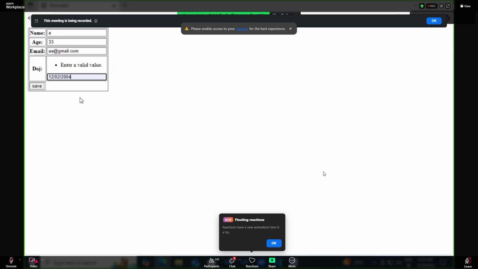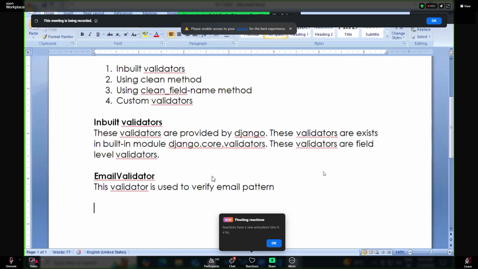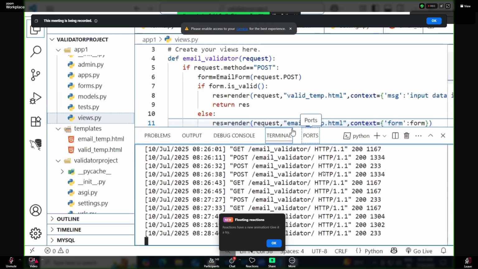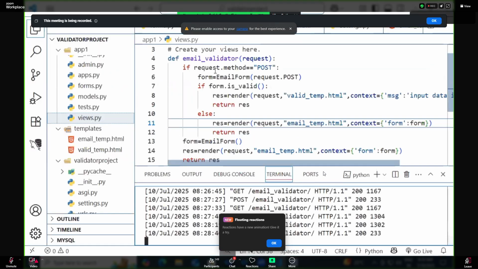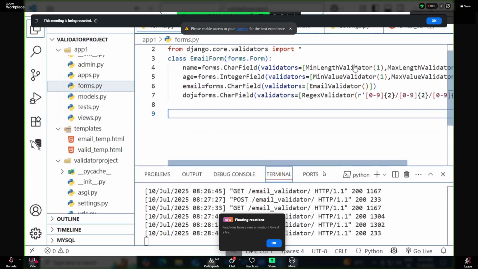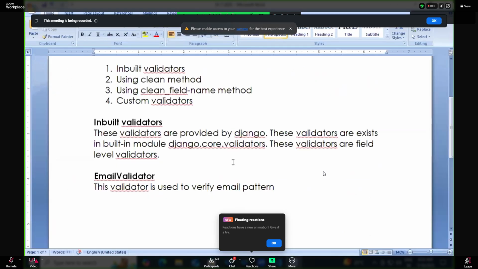Now, this is how you verify validation by using inbuilt validators. All these are inbuilt validators. Here, I used some validators. How many validators did I use here? Minimum length validator, maximum length validator, minimum value validator, maximum value validator. Actually, these validators are used with which fields? The minimum length and maximum length validators are used with character fields. If it is integer fields, you'll use minimum value